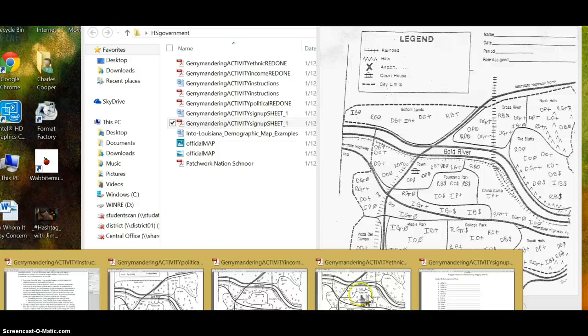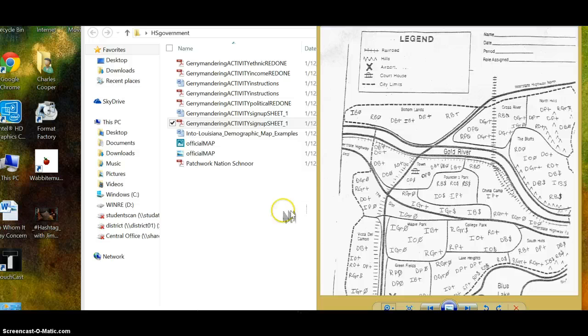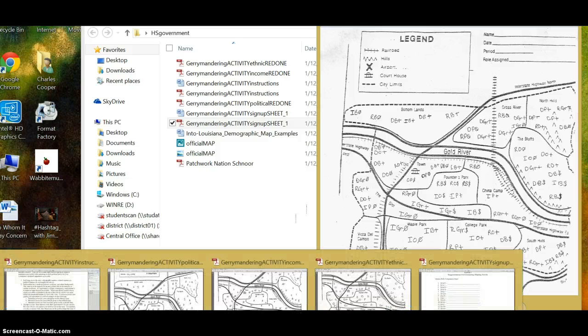Now, going back to the sign-up sheet, there will be, let's say, 3 Republicans and Greens that on these 2 particular maps will be allies, but when they get split up into their income levels, they're going to be enemies. So at no point do you feel completely safe in this game. You're going to have to wheel and deal. You're going to have to make alliances that you may actually have to backstab later on in the game.